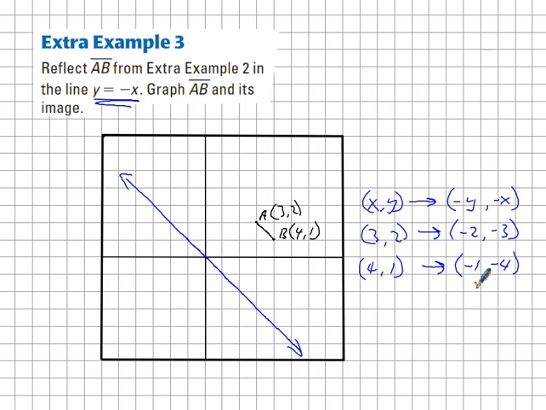And it should be the same distance away. So (negative 2, negative 3) will be my A prime, and (negative 1, negative 4) will be my B prime. And now I've reflected it around